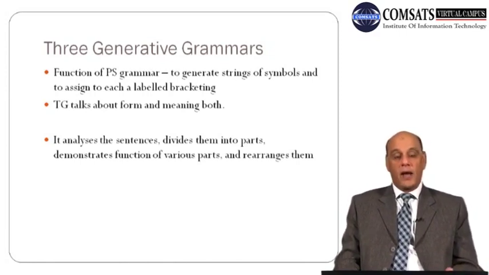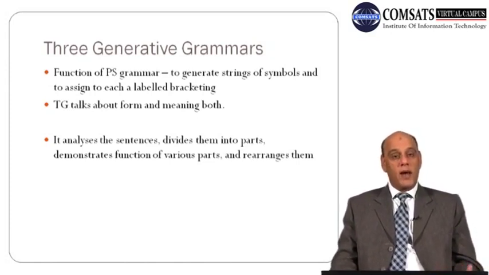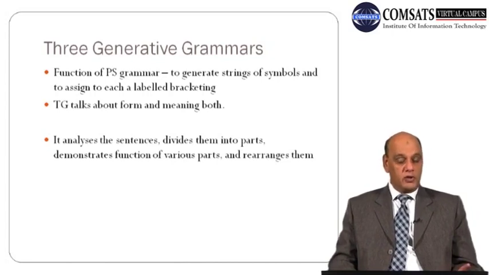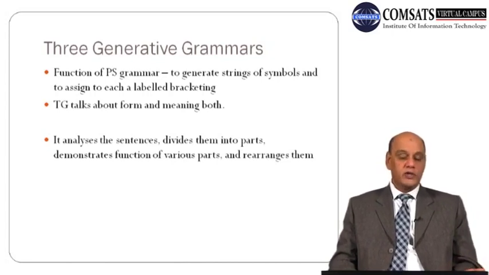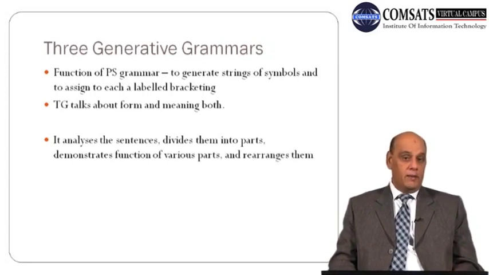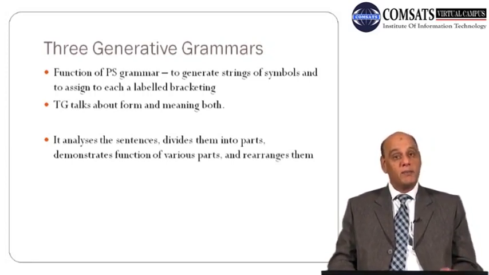But now the third type, transformational grammar, which is the most powerful one. What does it do? It basically talks about the form and the meaning, the structure and meaning both. So both these important elements come into picture here in transformational grammar. This means that only structure is not important here, but also the meaning is important. The object is to generate a structured sentence, a proper structured sentence, a grammatical structured sentence, and which also has a meaning, a proper